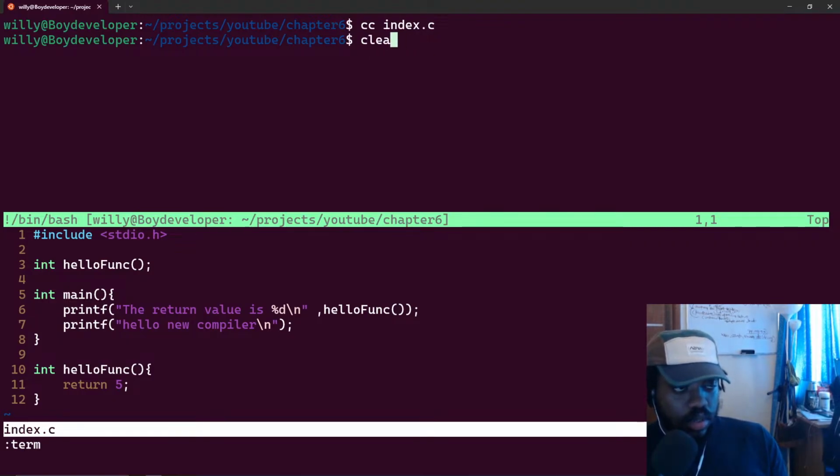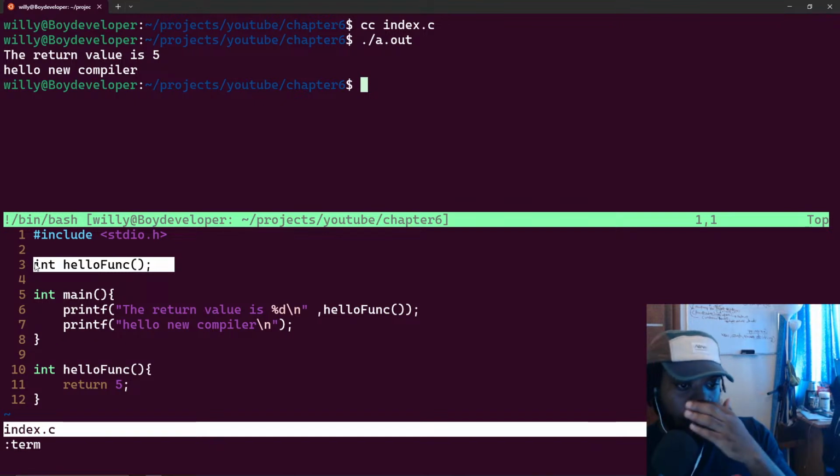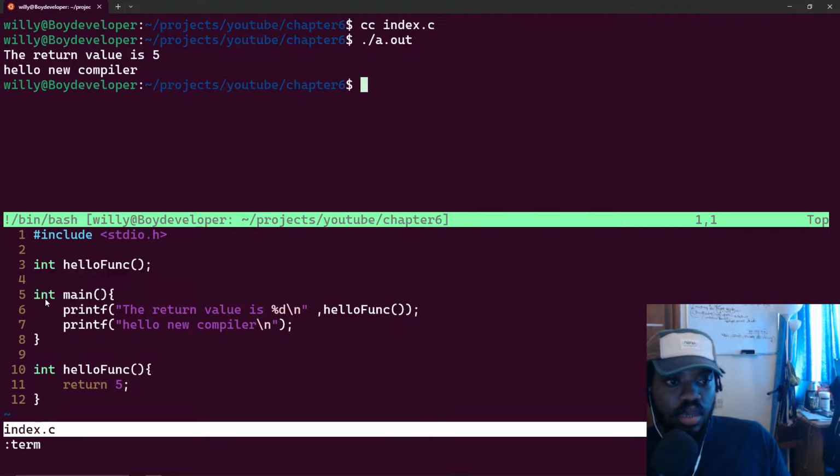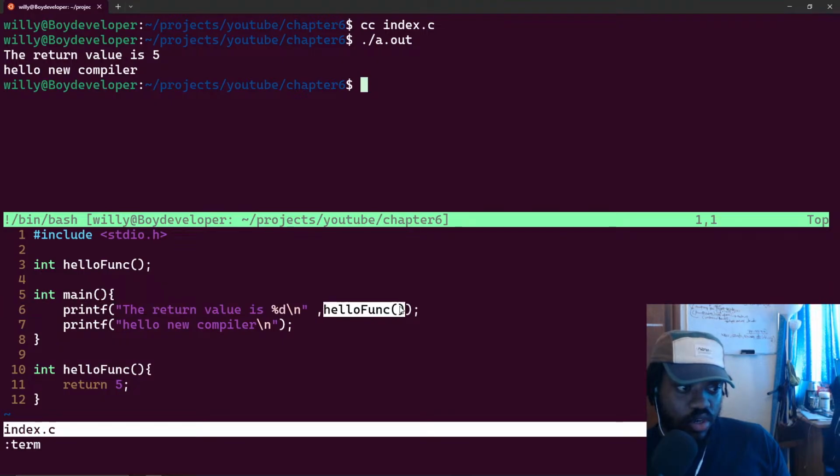We can just say a.out. You can see 5 was returned, even though we did not define the function completely here, right? We just declared it. This is a function prototype. So the compiler will know, okay, there is a function called hello world that returns an integer. So when it comes to this line here, it encounters this function and goes to